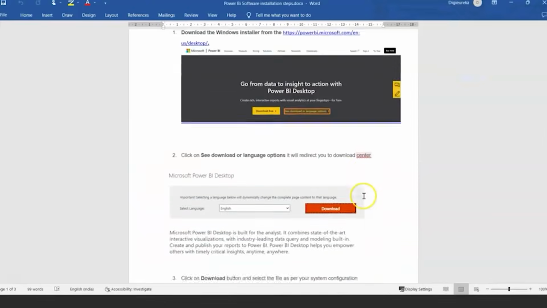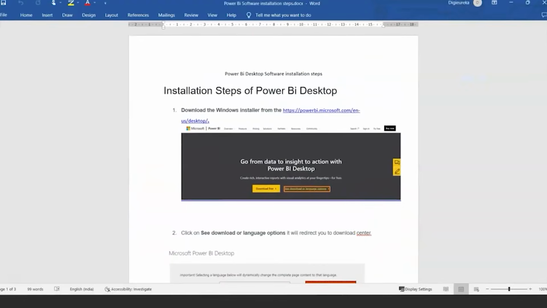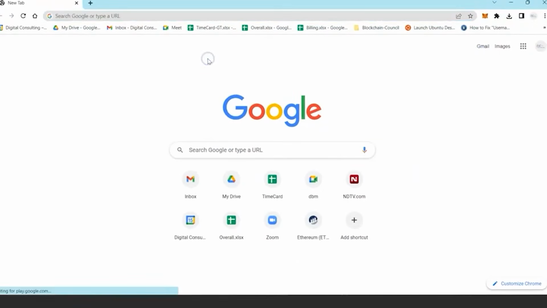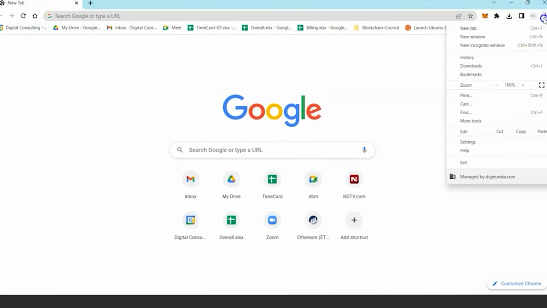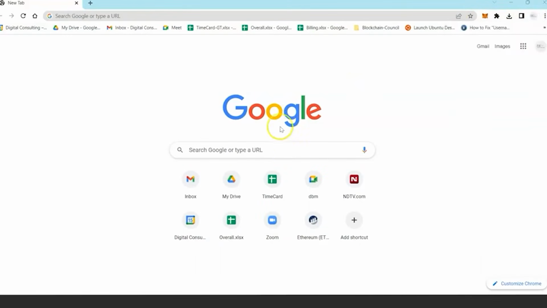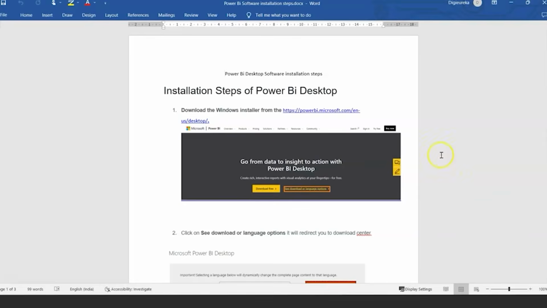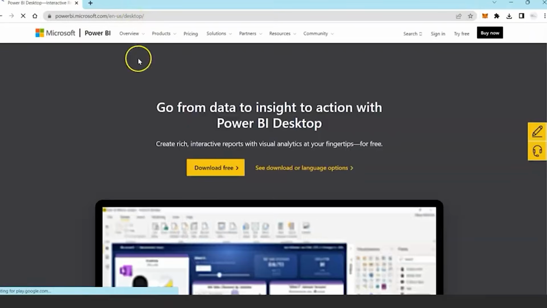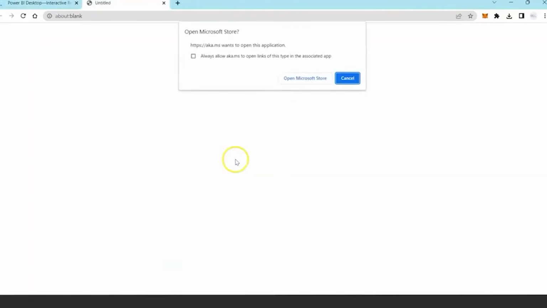Now let's take a look at how to install Power BI Desktop on your machine. So basically what you need to do is go to this URL, powerbi.microsoft.com/en-us/desktop. Okay, and you need to just enter this. Now you can download it for free. So just click over here and